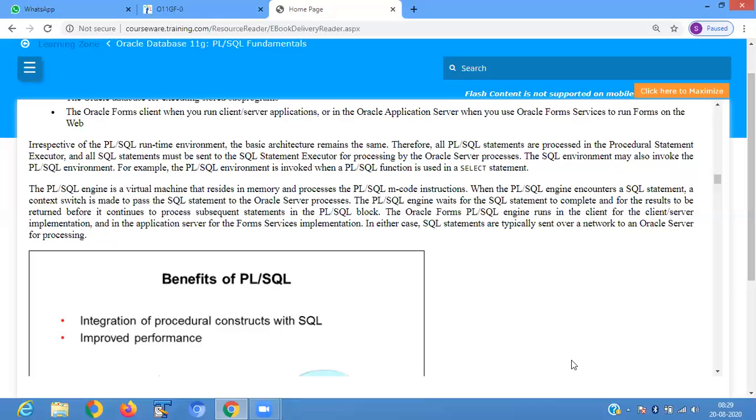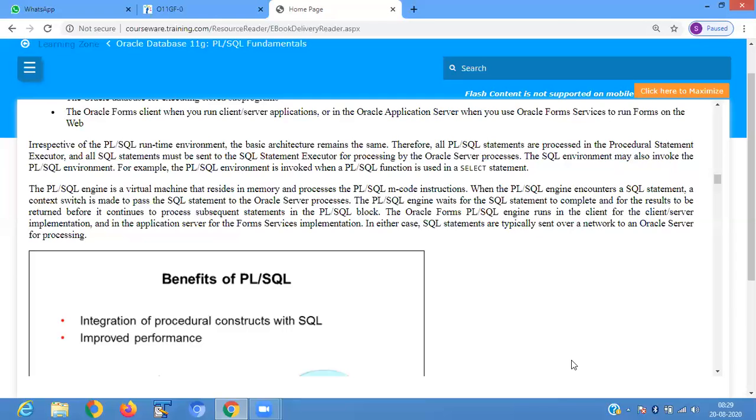The PLSQL engine is a virtual machine that resides in the memory and processes the PLSQL M code instructions. M code means machine code.